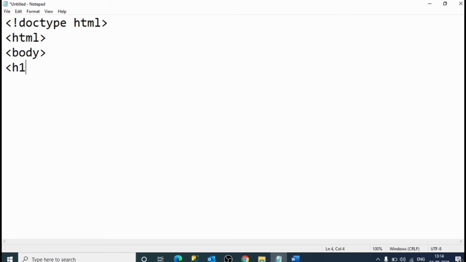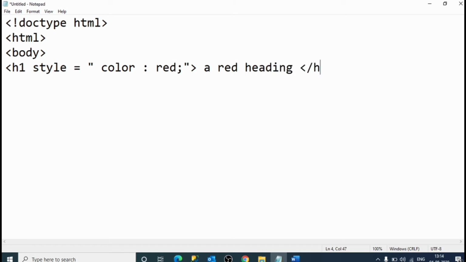In body we'll write h1 style is equal to color red, a red heading, slash h1, then paragraph p hello world, slash p and slash body, slash html.